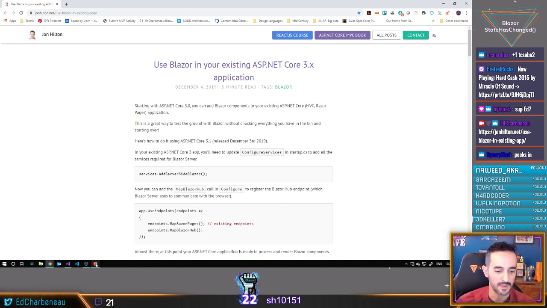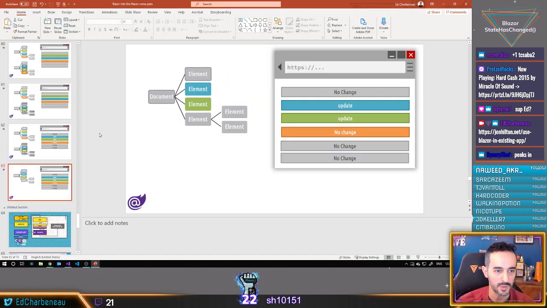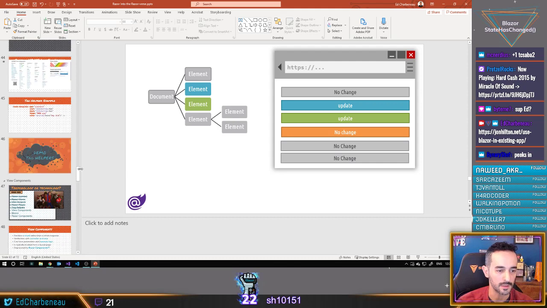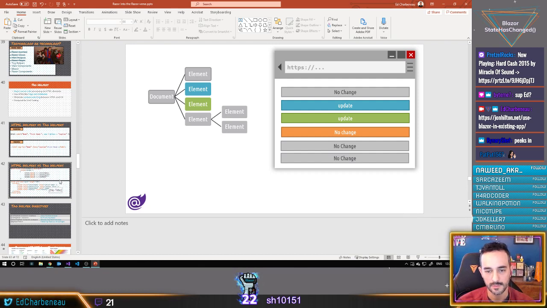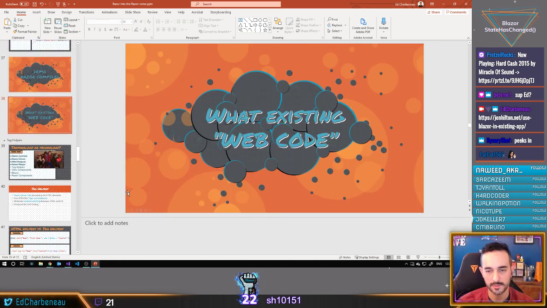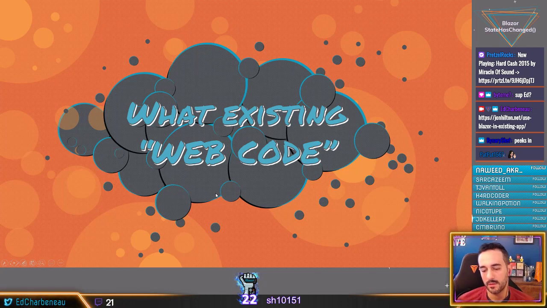So hopefully that kind of uncovers a little bit of that question, which was what existing web code can we use in Blazor? So anything HTML, anything CSS, most anything that is vanilla JavaScript. So HTML, CSS, JavaScript, totally usable, as long as the JavaScript doesn't have a dependency on another rendering engine like React or Angular. I haven't tried using those in Blazor. I wouldn't recommend it. It seems like overkill. But the HTML and CSS from